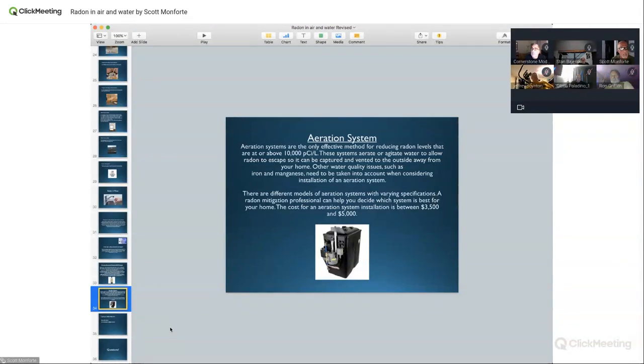The tanks can get manganese, iron, calcium. All kinds of stuff can get built up in there. And if that doesn't get cleaned at least once a year, all that stuff can clog up the unit and things can start to fail. So if it hasn't been serviced, that's another thing you may want to recommend, having it cleaned and serviced like we do on the HVAC equipment.